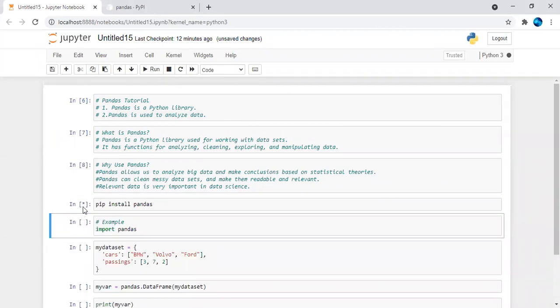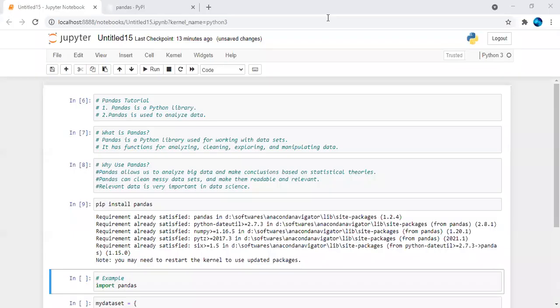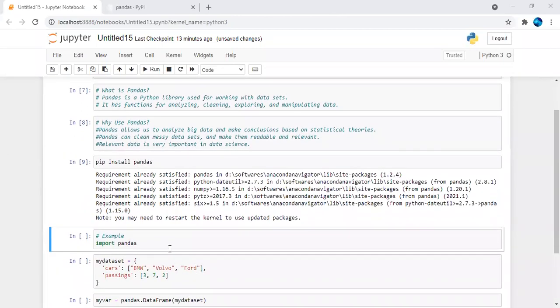So it will start running. You can see the star sign over here, and that black spot means a kernel is running in the backend to install pandas in our Jupyter Notebook. Once it finishes, we are going to see a simple example. It got recognized and installed successfully. Now we are looking towards the next cell, which contains an example.